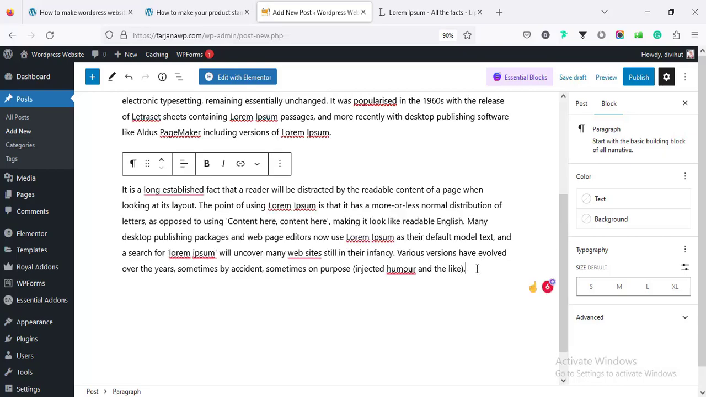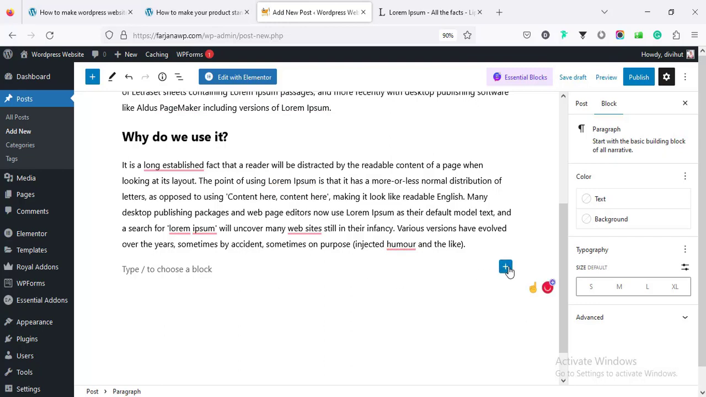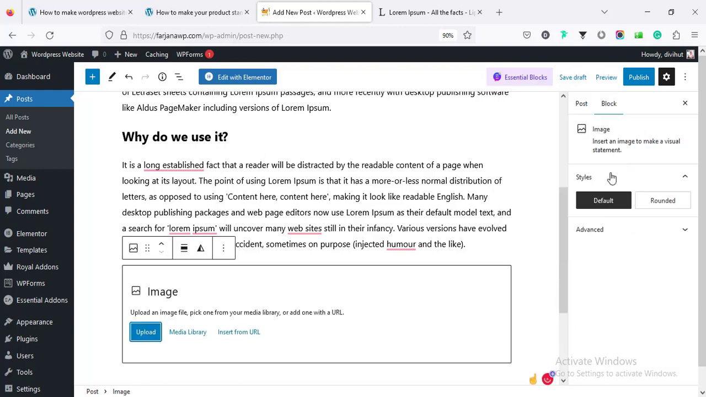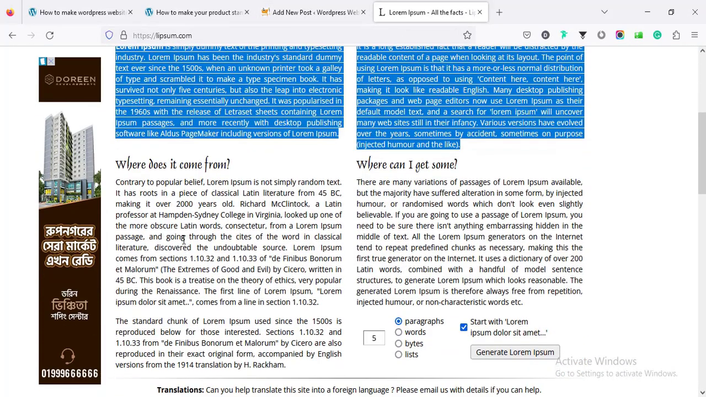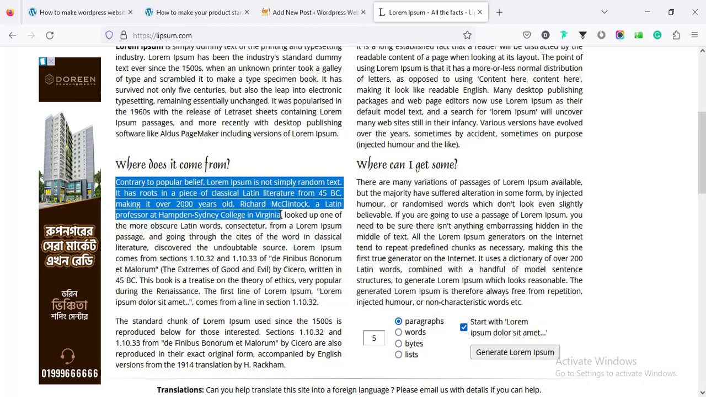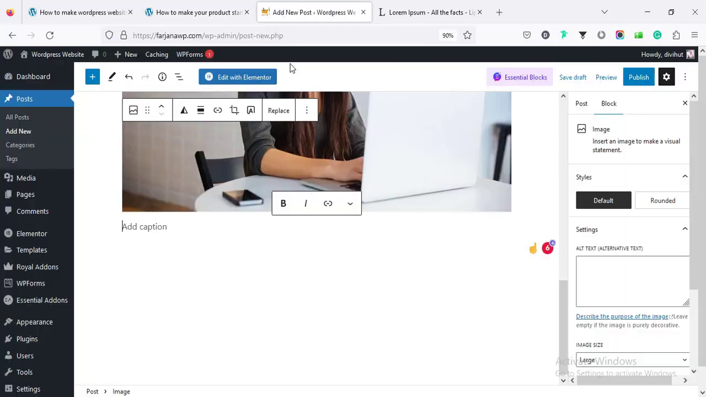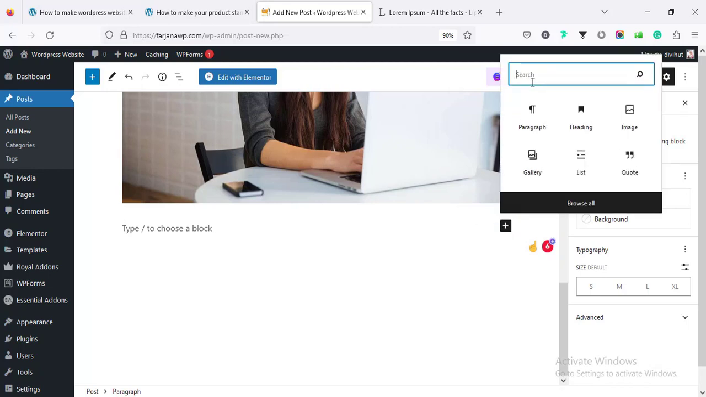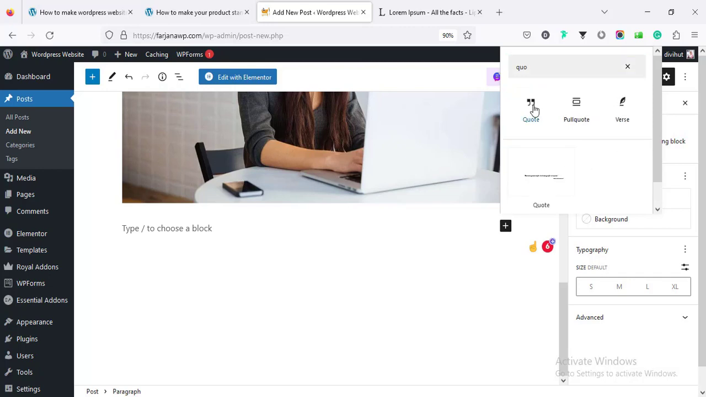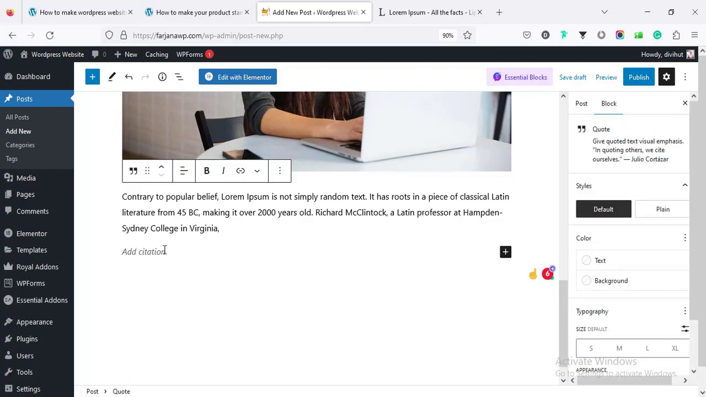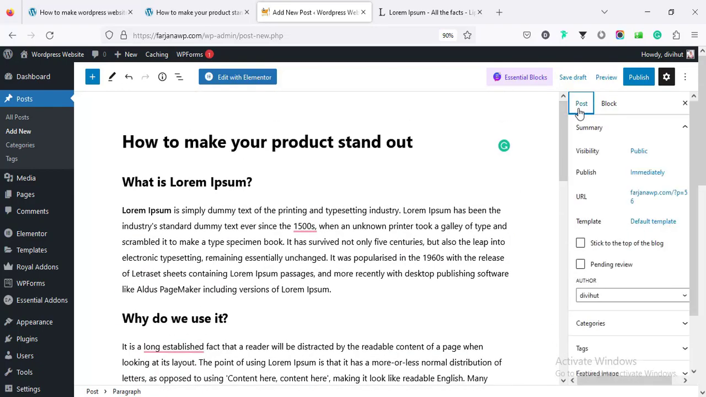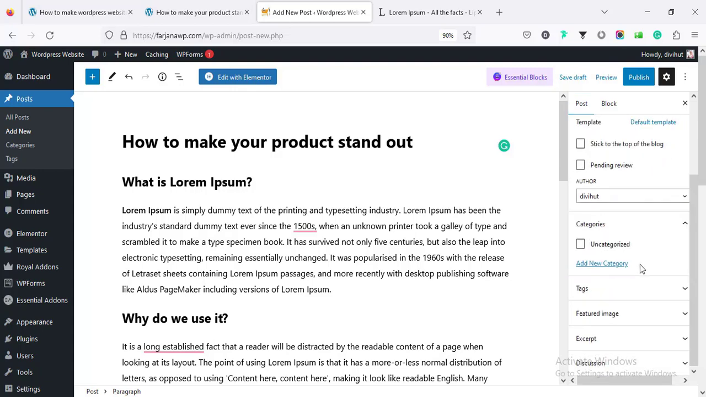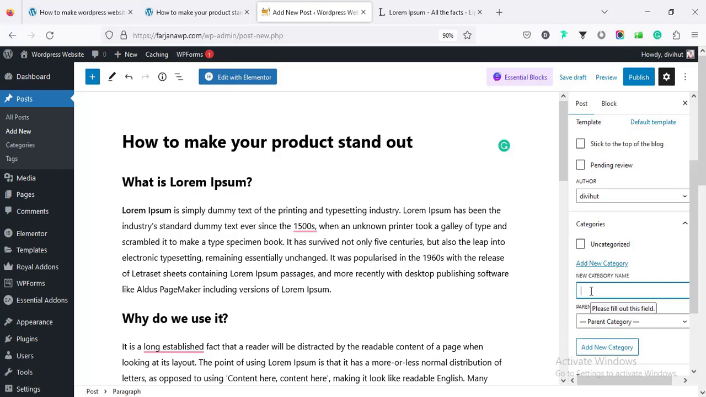then we can add any image inside post. Upload image, then we can add some quotation, searching for quote, and finally adding some normal text. And from the right side, going to post, and here we can add some specific category. I'm adding a category name, for example design,